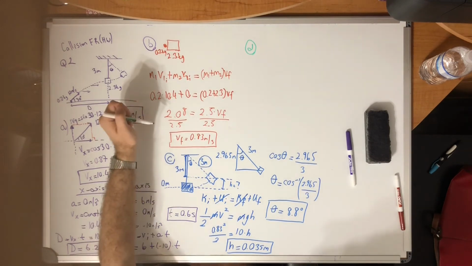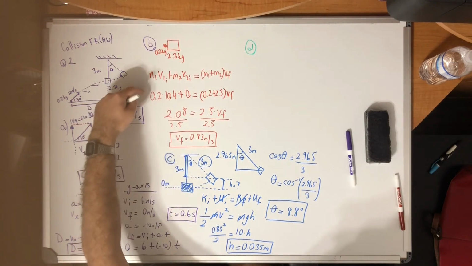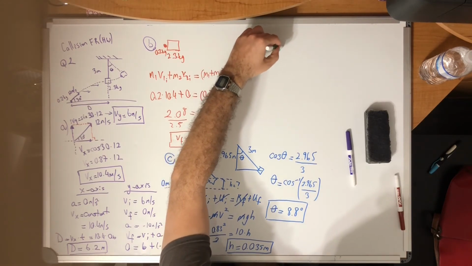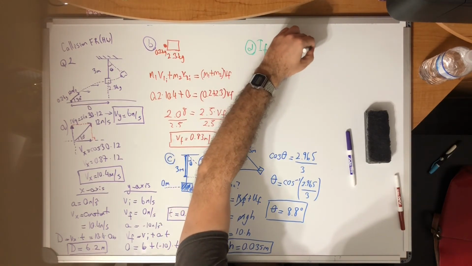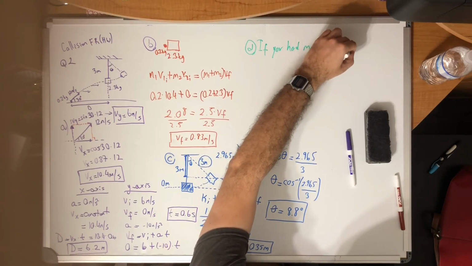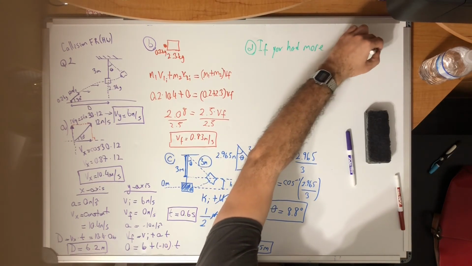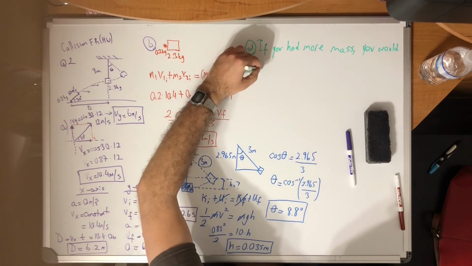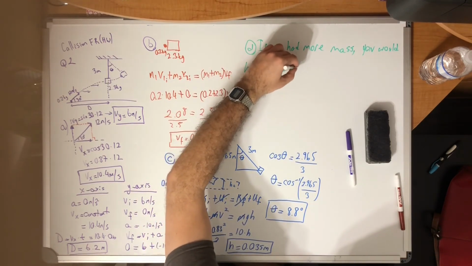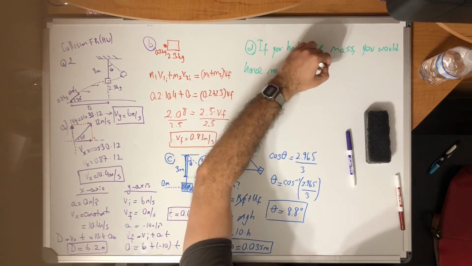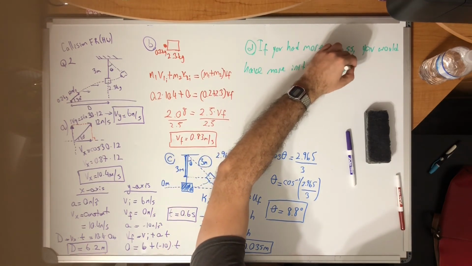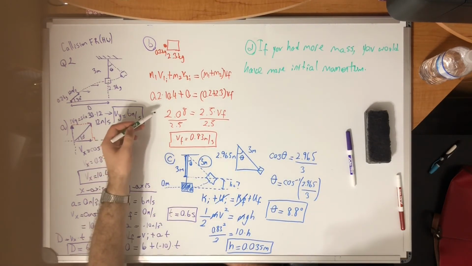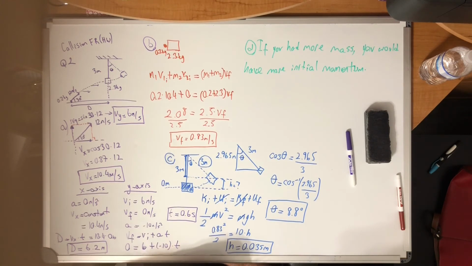But if you had more mass, you would have more initial momentum. And if you have more initial momentum, then your final velocity would be greater,